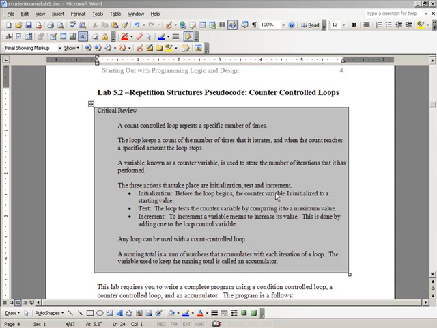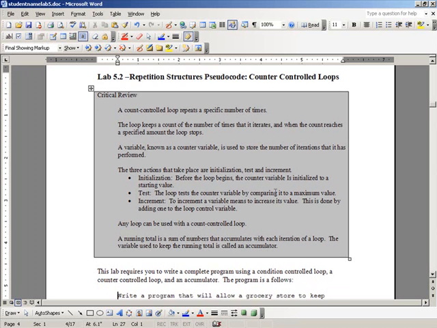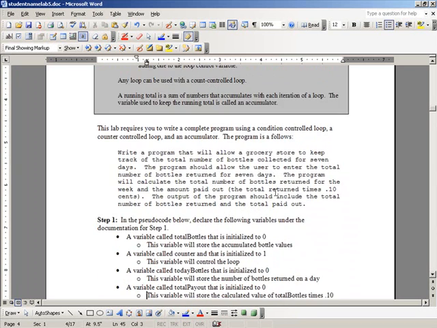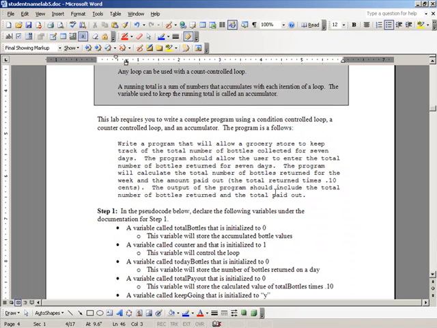The purpose of this tutorial is to do a counter control loop. This is where we have a variable that changes and controls whether or not the loop is going to continue. So this program has the user enter in 7 days' worth of bottle collections